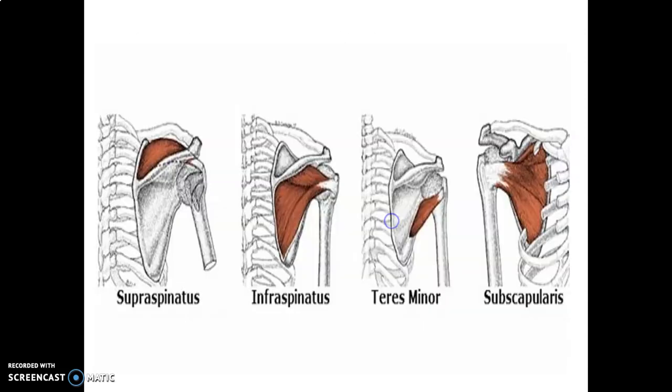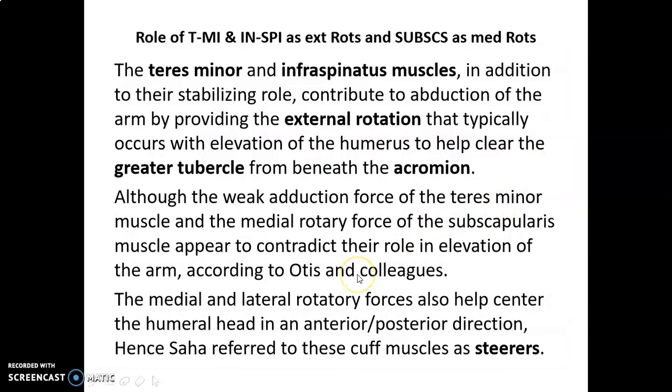We don't want that. Again, going through the figure, you can see the orientation: supraspinatus is superior, and all the three muscles are oriented inferiorly. Some part of the subscapularis is level with the head, but the orientation of the majority of the magnitude is directed downward. Now we'll discuss more about the other roles of the ITS, that is the teres minor, infraspinatus, and subscapularis, in another area of dynamic stabilization.